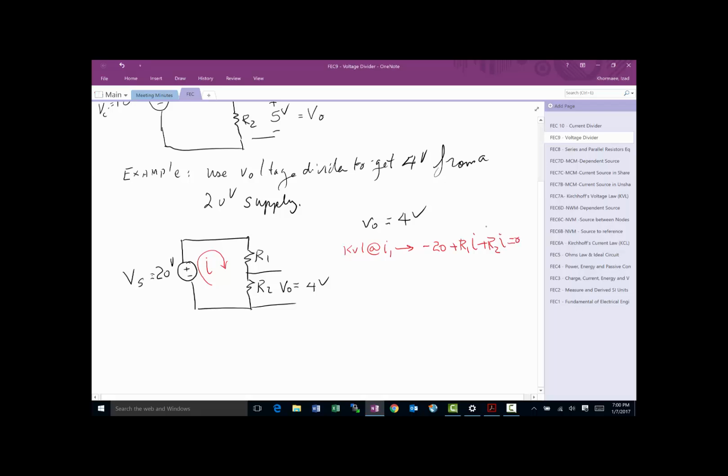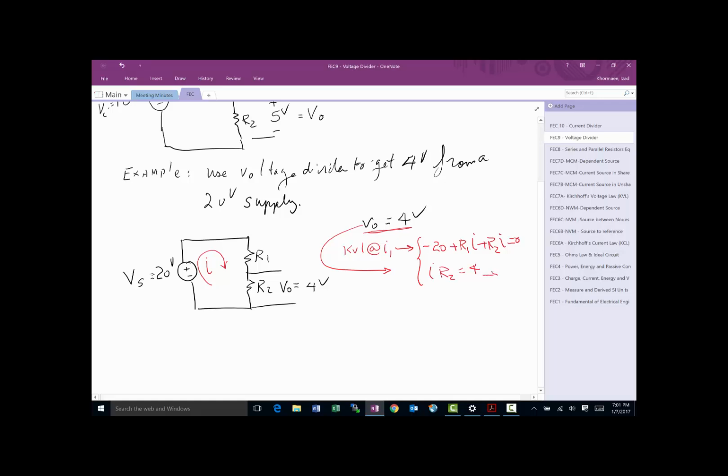This will also give me another equation to help me. We know Vout is equal to R2 times I, so I can say I times R2 is equal to 4 volts. Hopefully you'll see that I have 2 equations at this point, but I have 3 variables. In cases where you have more variables than equations, it means you're going to end up with lots and lots of answers that would satisfy your equations. So if we solve this,